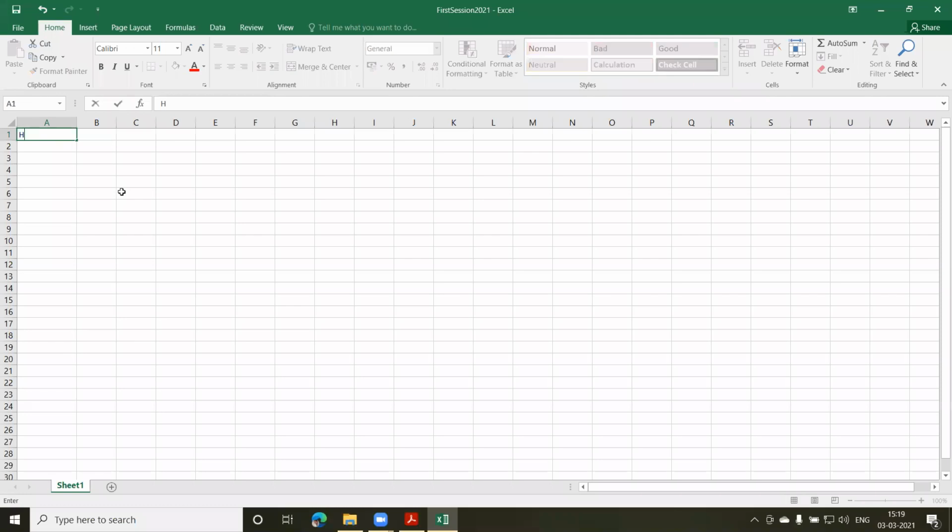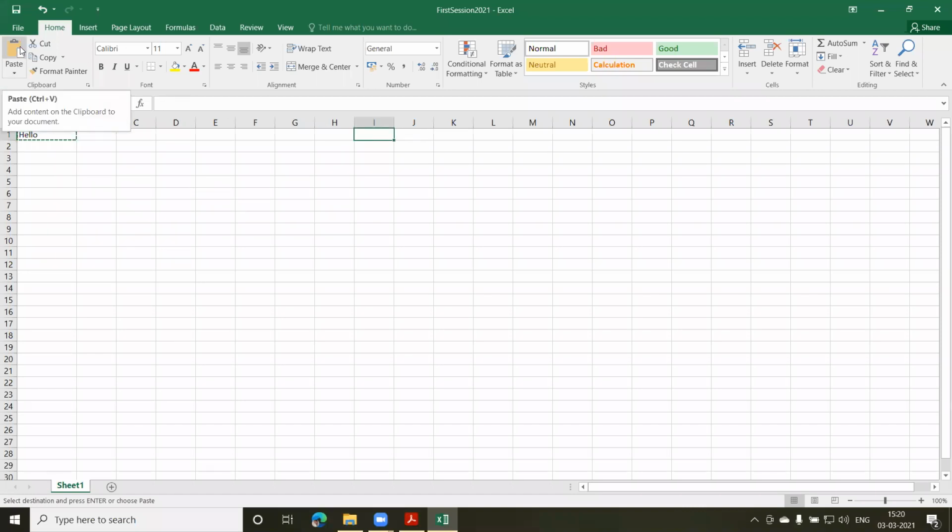Let us say I have typed here, say hello. I press enter. And now I want to copy this and paste it somewhere else, or cut it and paste it somewhere else. So here we have a button to cut. With a menu option. You can see I can also use the shortcut key Control X to cut it. If I click on it, you can see something happened here and it has been selected, and there are, you can say, dotted lines which are moving around it. After cutting it, I can go anywhere else and just click on paste.